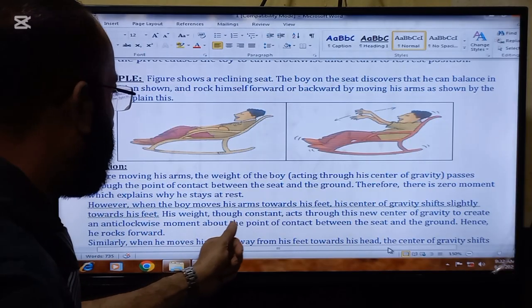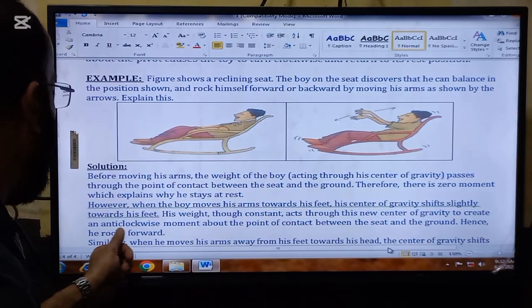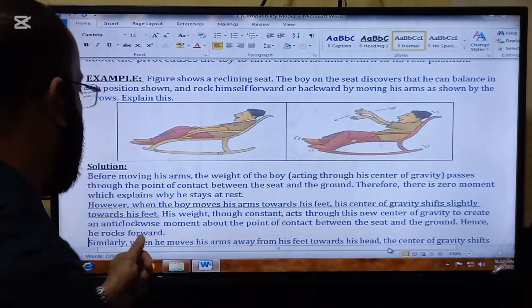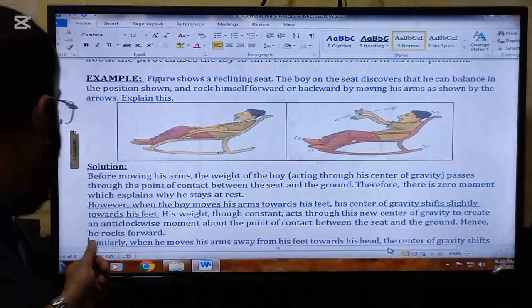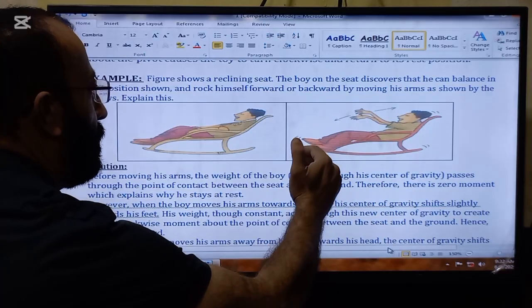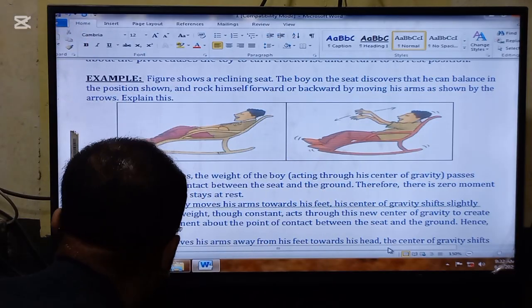His weight, though constant, acts through his new center of gravity to create an anti-clockwise moment about the point of contact between the seat and the ground. Hence, he rocks forward. That's why the anti-clockwise moment will rock him forward. Similarly,